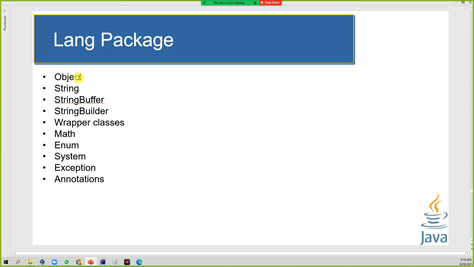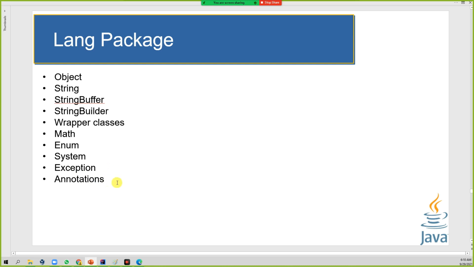The Object class has a set of methods, and we will see those in the next few minutes. There are also String, StringBuffer, StringBuilder, wrapper classes, math functionality, enum, System, and exception. We already saw exceptions at exception handling time. There is also a set of annotations that are going to be used. We will see a few of them.